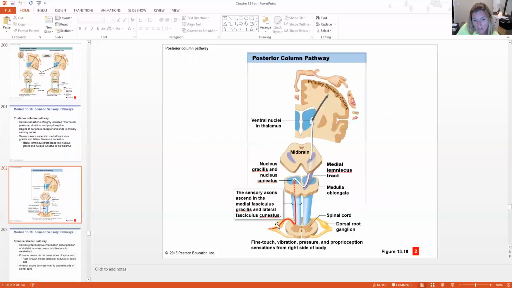Coming in, this sensory reception, here's our first order neuron, synapsing here with our second order neuron within the nucleus gracilis and cuneatus of the medulla oblongata, and then going on up to our thalamus and ventral nuclei of the thalamus, and then synapsing to the third order neuron, going up to the primary sensory cortex. Here you can see that sensory homunculus. So you can see the hand, the face, the lips have lots and lots of sensory